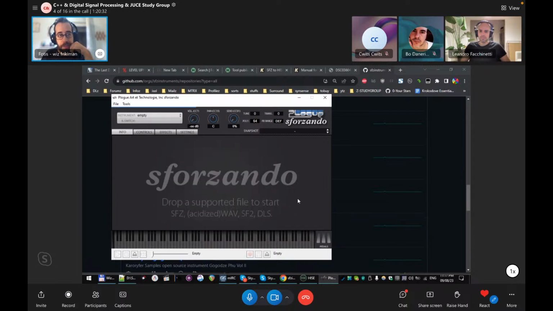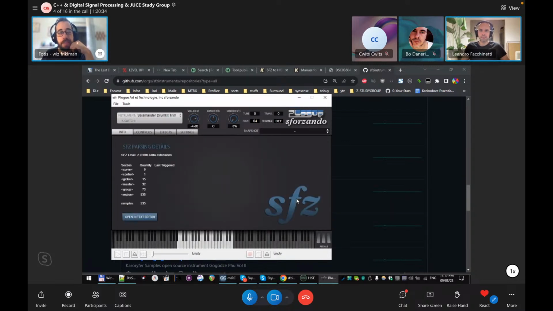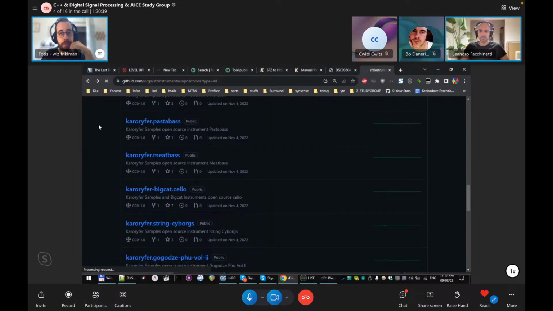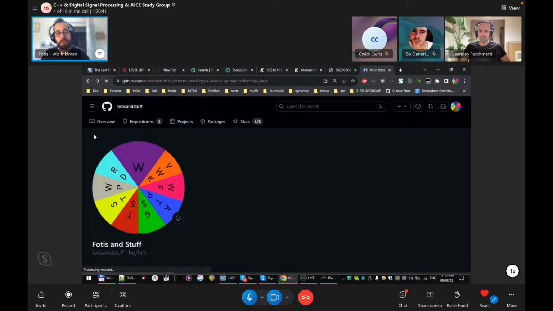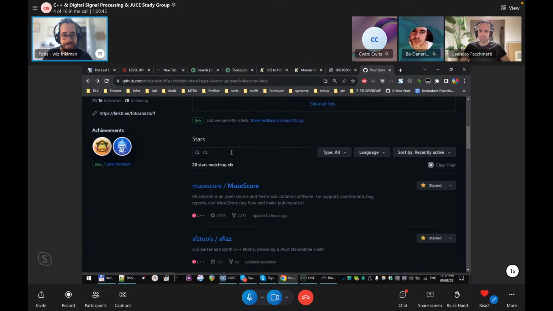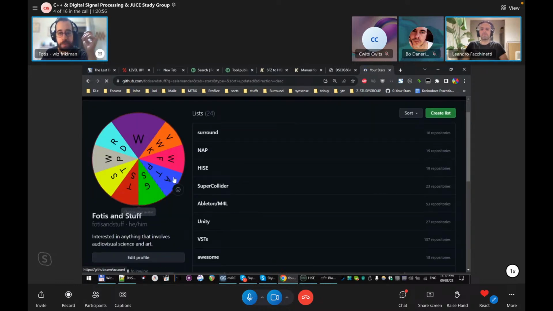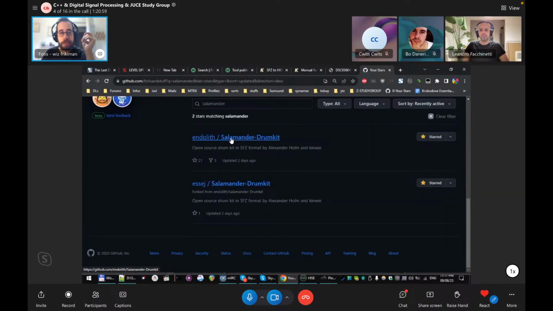Anyway, if we load this thing, the Salamander drum kit, which is available in GitHub. Sorry for going back and forth, but I have to demonstrate. I have to explain all the things so you get what I'm talking about. So the Salamander drum kit is one of the most popular free and open source drum kits, and this is the original